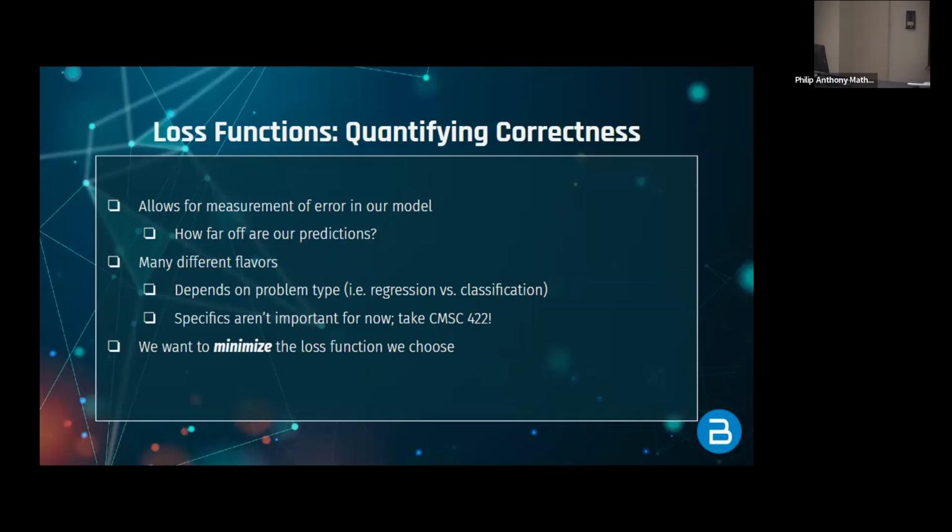But the point is that all loss functions do is essentially measure how wrong you are. They can be as simple as going, okay, I'm going to give you a 0 if you got this right, and a 1 if you got this wrong. And then at the end, you sum up all the numbers you got. How large that number is is your total loss, and that's how wrong you are. So the more ones you get, the higher that sum becomes. In practice, while it's a kind of useful model, we don't use something like that. We use different functions.